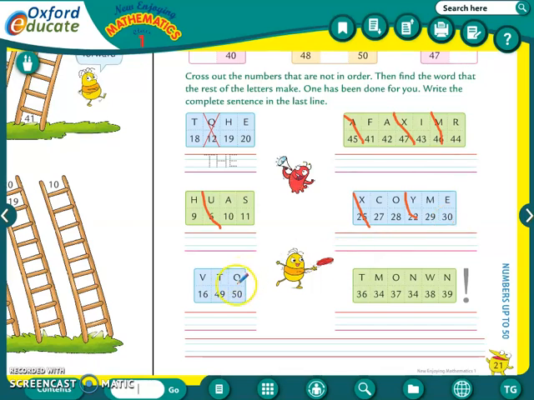So like that, these two you have to do by yourself so that you can check whether you have understood or not. And then after that you have to see which sentence is being formed. See, from your THE, the is formed. From your FAIR, fair is formed. So you have to write it. From your HAS, has, you have to write that. Then COME, come, so you have to write that. These two you have to do by yourselves.